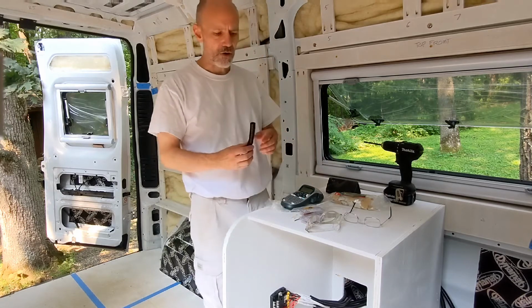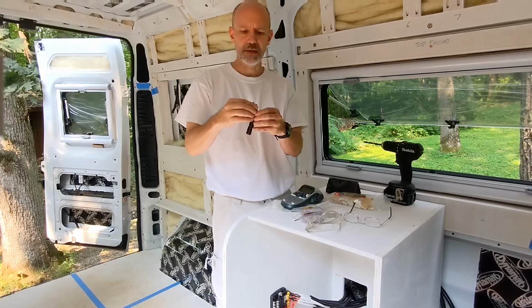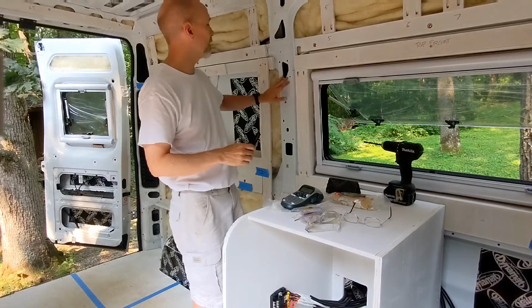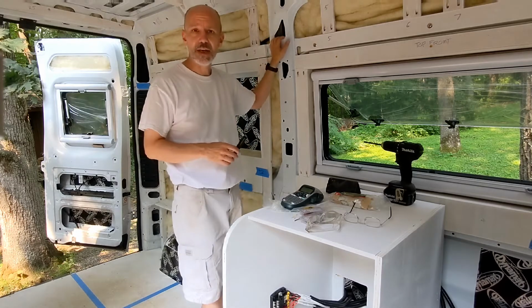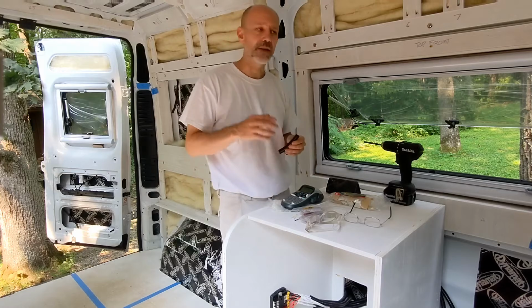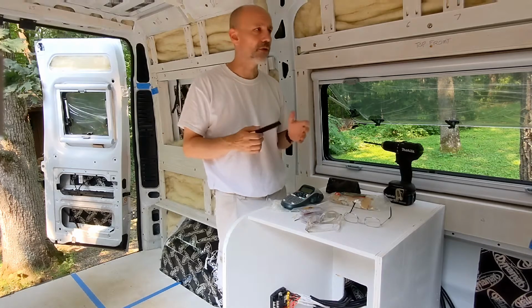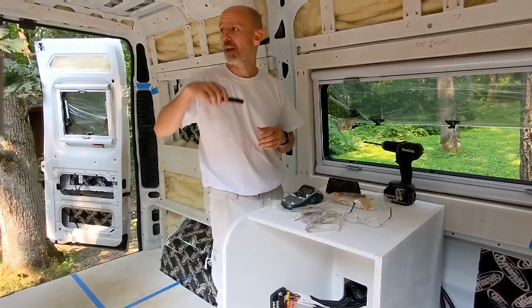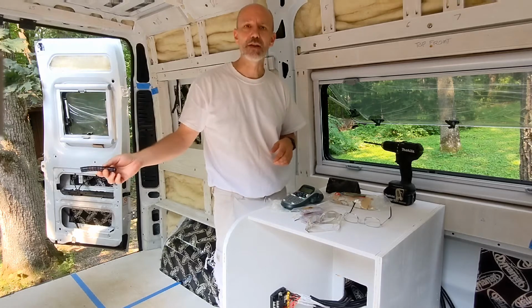What I'm doing is I'm running all of the wires in this stuff called loom, which is just a black plastic piece that opens up and the wire goes through. And I'm running that through all the pillars and up and over. Basically the loom is there to protect the wire insulation from any vibration. So as you're driving down the road and those wires are vibrating on those metal edges, it can erode or damage it over time. So the loom helps protect that. So I'm running everything in loom, all the way from the electrical box all the way to the actual device,